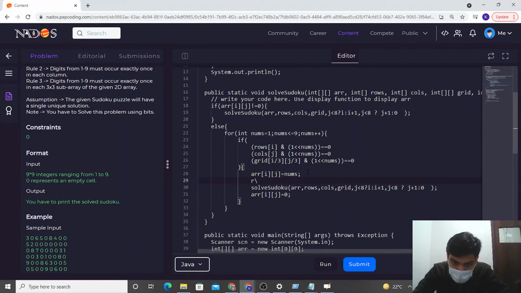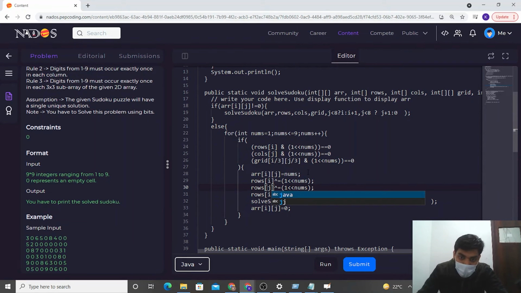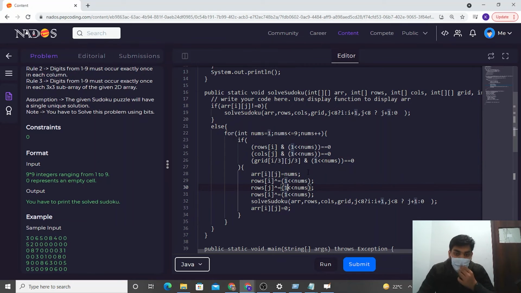So rows i XOR equals 1 left shift nums time. We'll do the XOR operation to toggle. This is toggle thing that we used to do. Okay, we are toggling. You guys please watch the previous videos because I am using the concepts that were taught in those. So similarly for cols also, I'll on those bits.